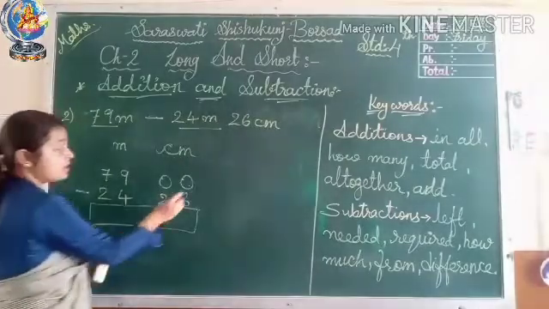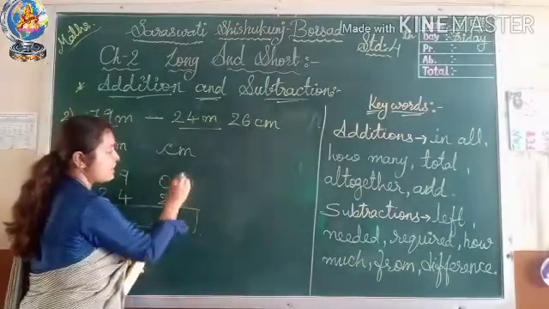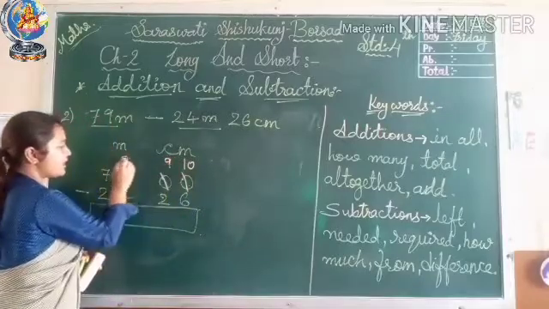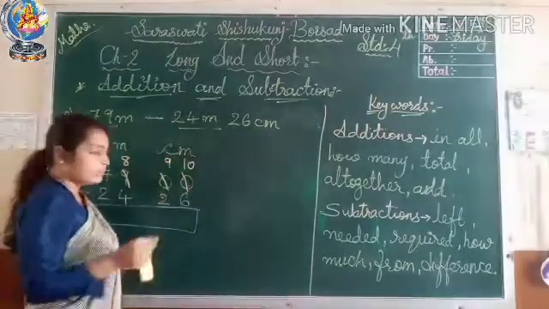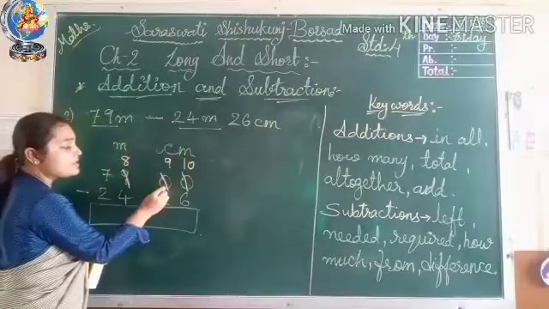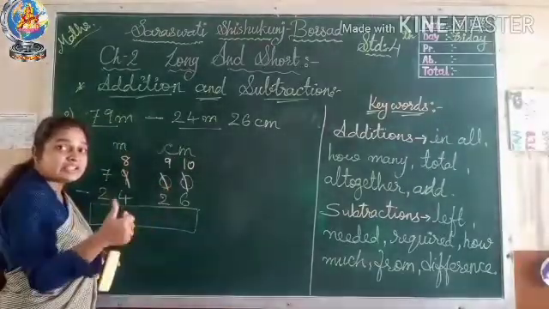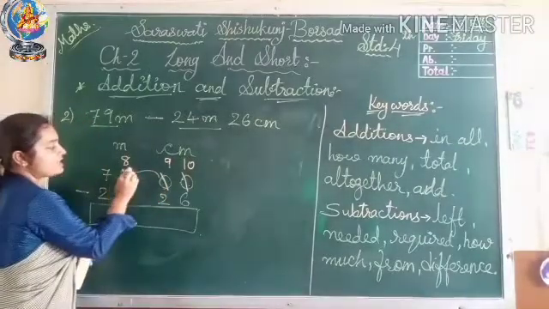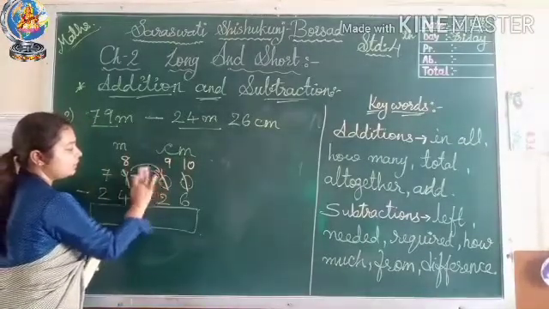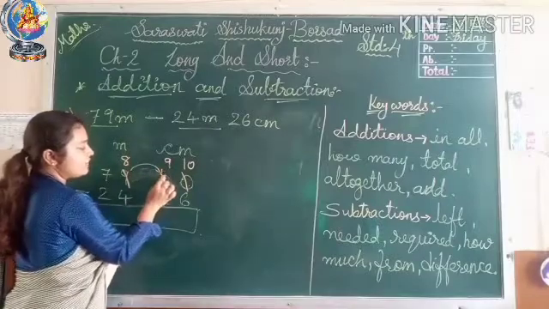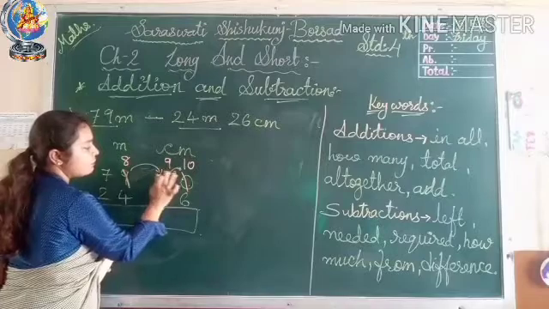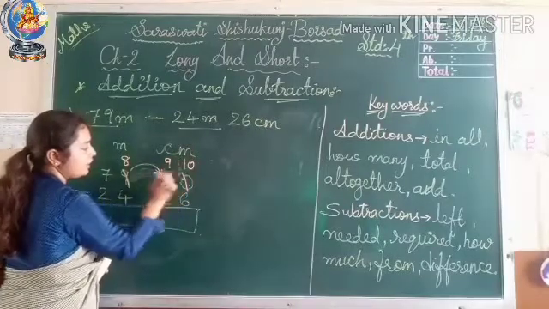Let's solve this sum. 0 minus 6 is not possible, so cut the 0 and write 10, cut the 0 and write 9 here, cut the 9 and write 8. Why is 9 written here? Because it is 0 here, it means nothing is there. So this 0 is also borrowing from the 9. So 9 is giving to here first of all, then 10s are given here. From this 10, 1 is given here, so how much remains? 9.